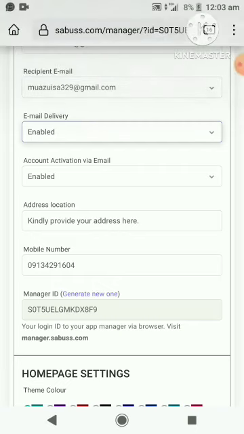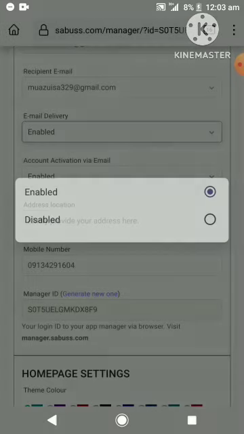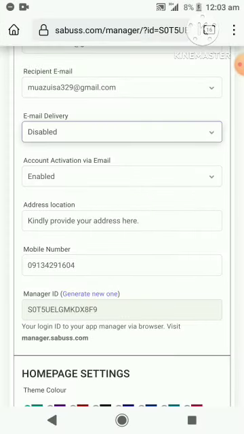But if you set this to disabled, whatever action you perform on any user's account, they will never receive any notification about it. It is best advisable to just leave it enabled, because you just need to make everything